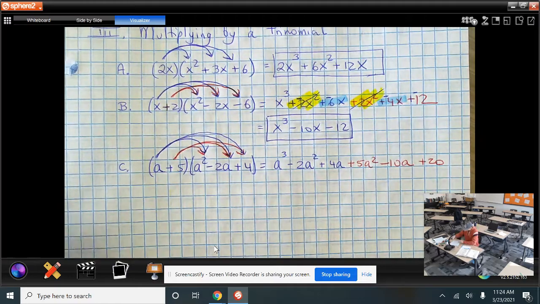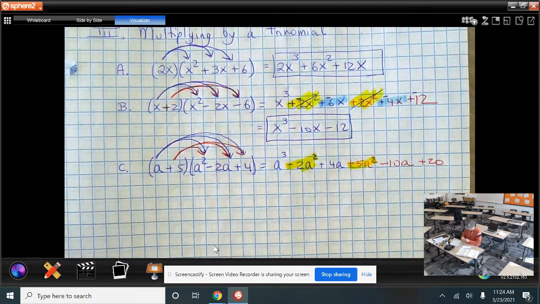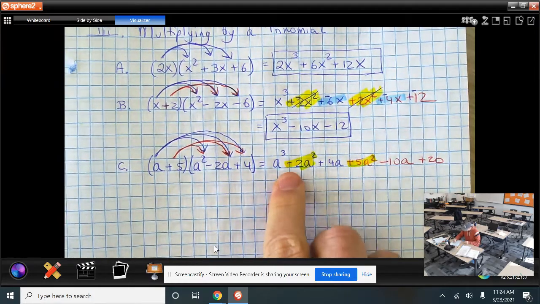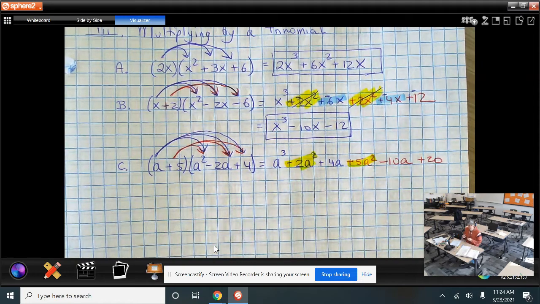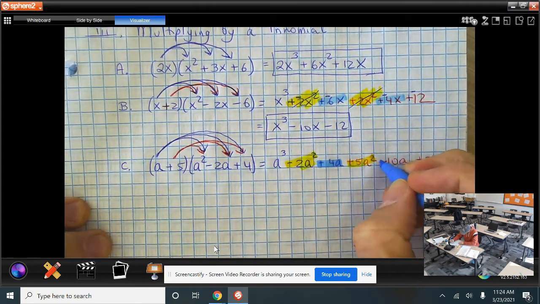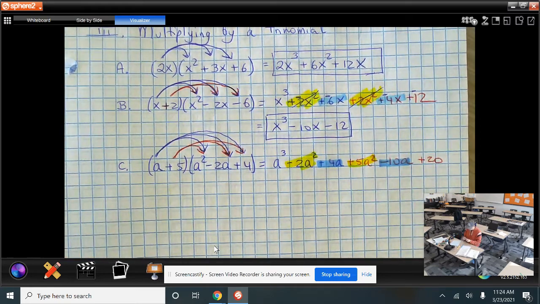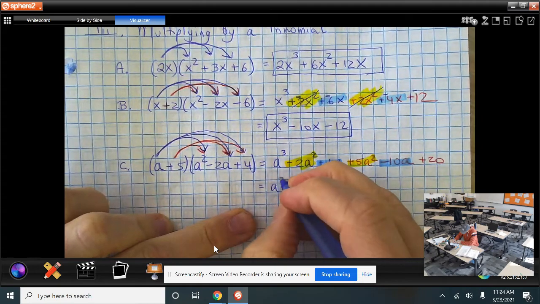Now I'm going to go find like terms. These guys have a squared. And notice I highlighted the minus in front of it because that minus belongs to the 2a squared. The 2a squared is negative. And then I have a plus 4a and a minus 10a. So my final answer is a cubed